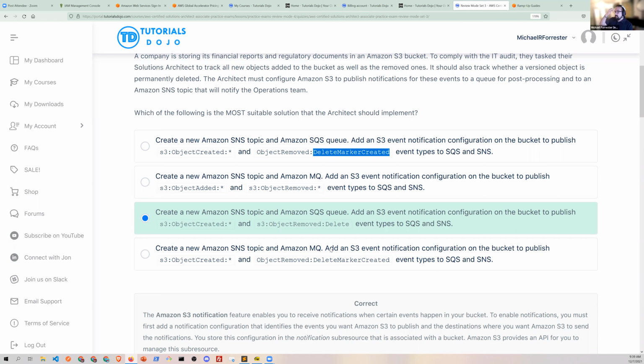Yeah. Just so you know, the first version, once you turn on versioning, is just a version, right? So if you have 10 versions of a file plus the delete marker because you deleted it to make it look like it wasn't there, you have to delete the delete marker and all 10 versions in order for the object to be gone. So if you had a video file, you changed it 10 times and then you deleted it, the video file is still there in a versioned bucket, and you have to delete the delete marker and all 10 versions of your changes explicitly for that object to go away.